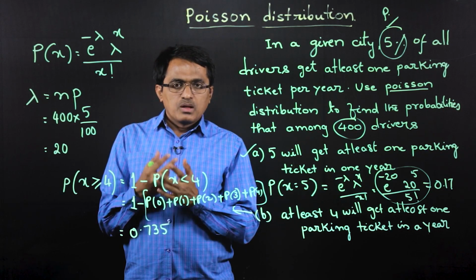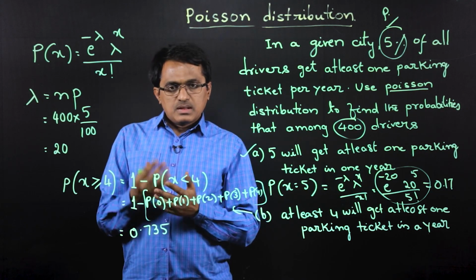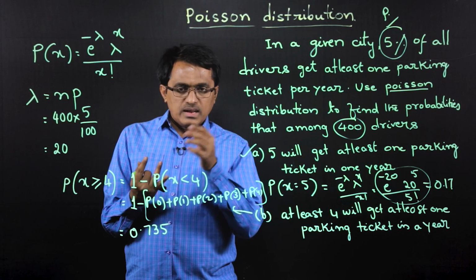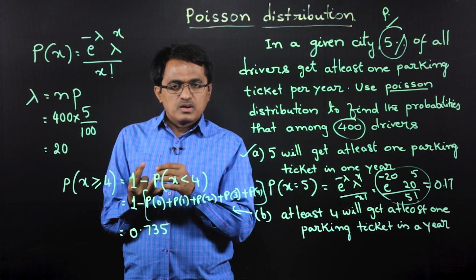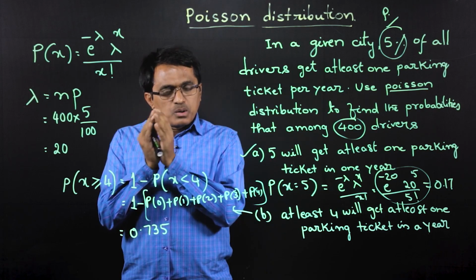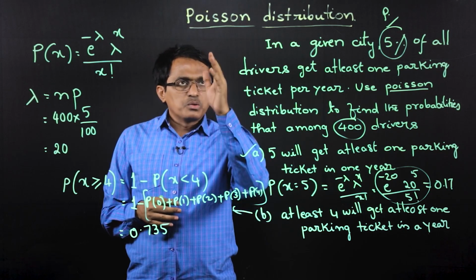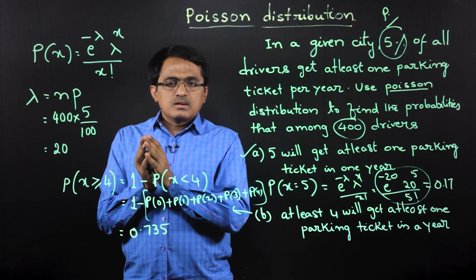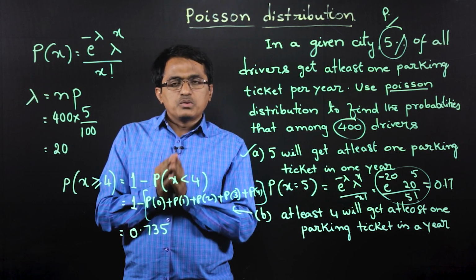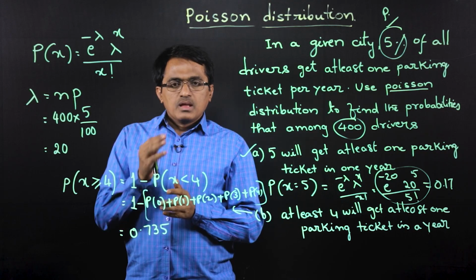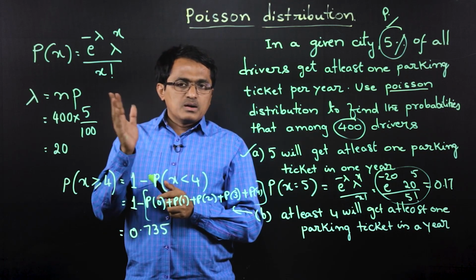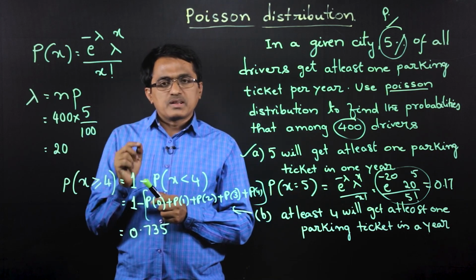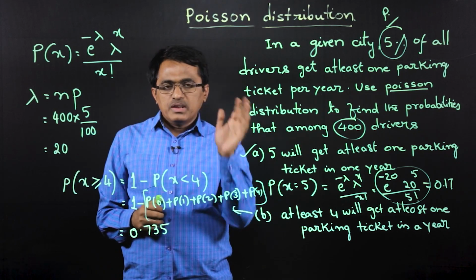And to recap, we need to apply Poisson distribution when n is very large and p is very small, that is the number of trials is very large and the probability of success is very small, that means where NP becomes almost like a constant. That means if it is an event which is the rarest of the rare events, then we have to model it by using Poisson distribution. Once it is a Poisson distribution, then its probability distribution function is e power minus lambda lambda power x by x factorial, where x takes values from 0 to infinity.